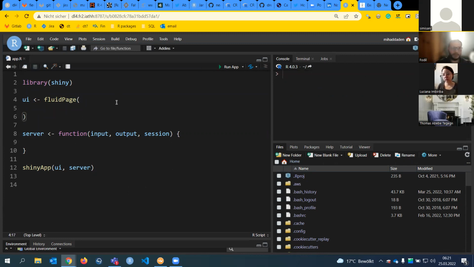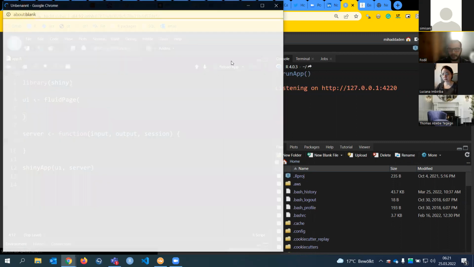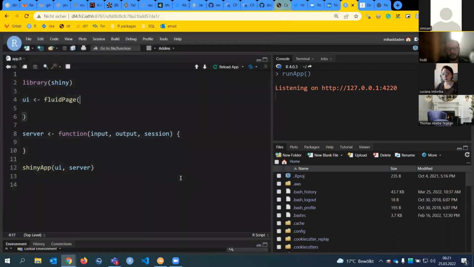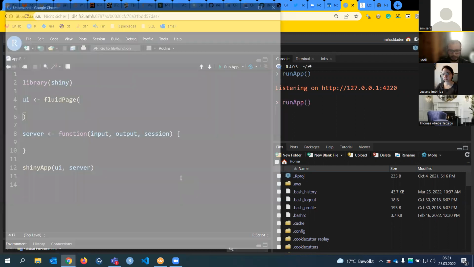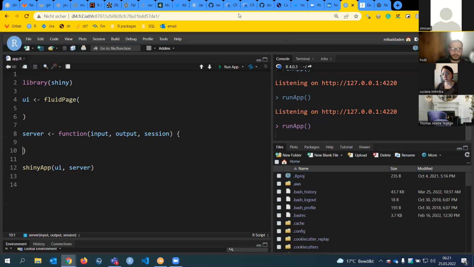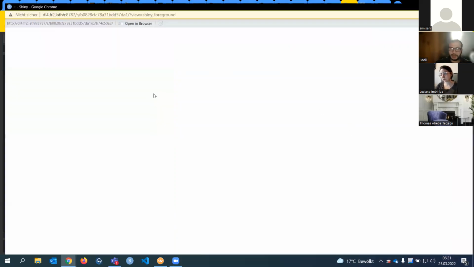So it's fine. Now we have an empty app, but it's not really empty between the brackets. So there are two ways of running the app. You can click on run app, this green button, or better, you can just hit Control Shift Enter, or Command Shift Enter on Mac. It's faster, more productive. So Control Shift Enter, the app is launched. You can see that there is the fluidPage, this function provides us with this empty user interface. But look what happened here.